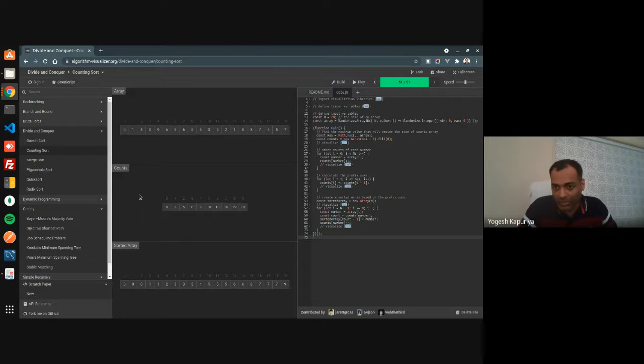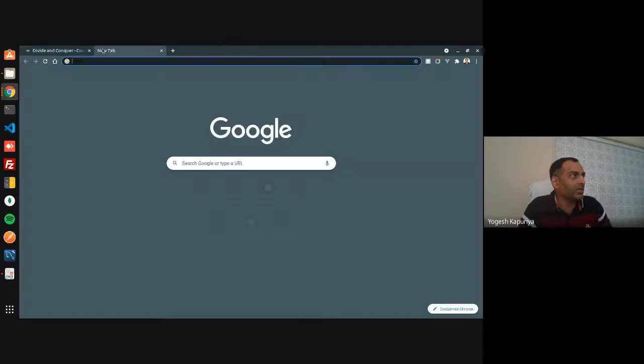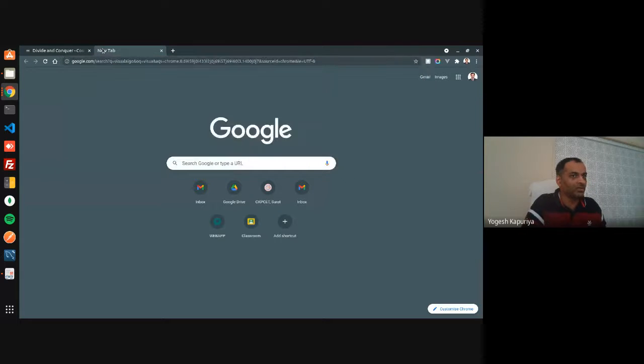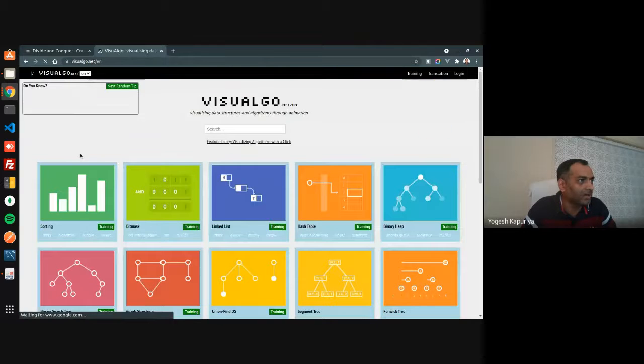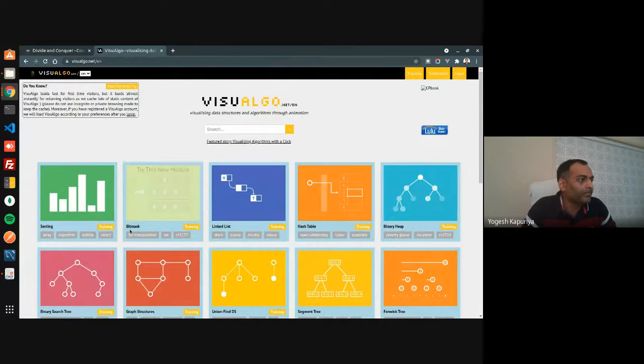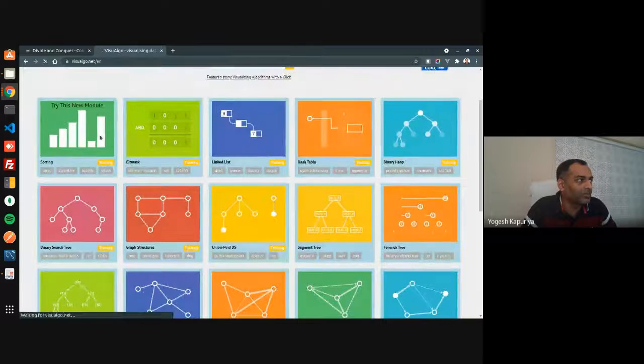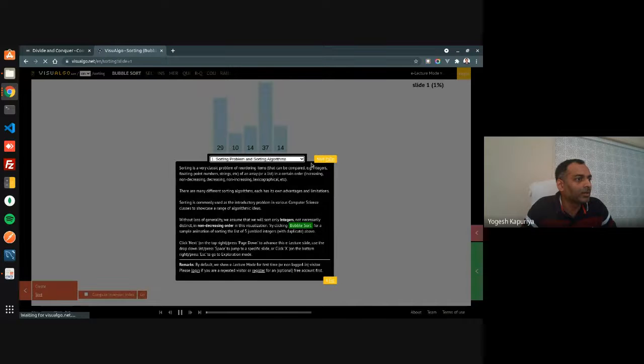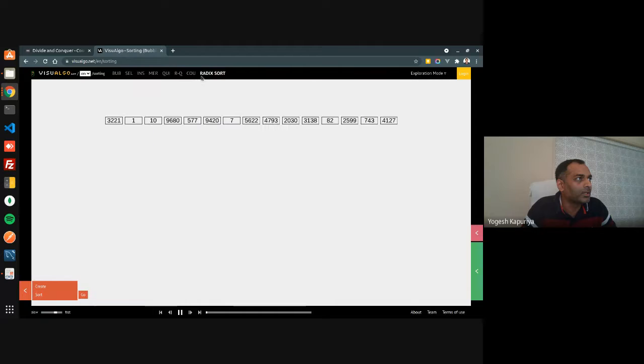This is just to share this very good platform with you. Whenever you want to understand some algorithms by example, this is a very good tool for learning. There is another tool as well, which is VisuAlgo. I think I shared this while discussing data structures. If you want to understand some sorting-based algorithms, you can easily use this.